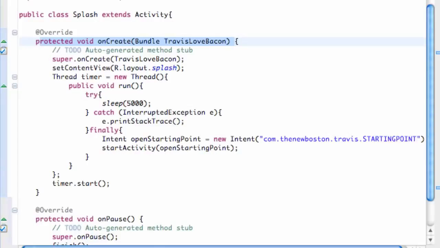In this tutorial, what we're going to do is basically set up some music and set up some sound for our application, because when there's music